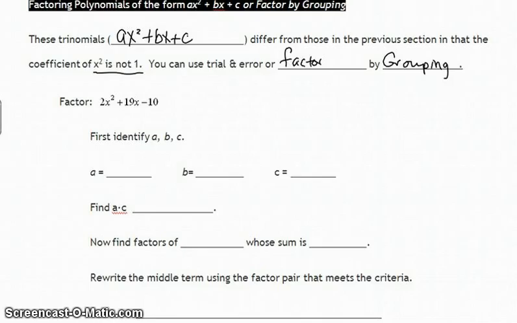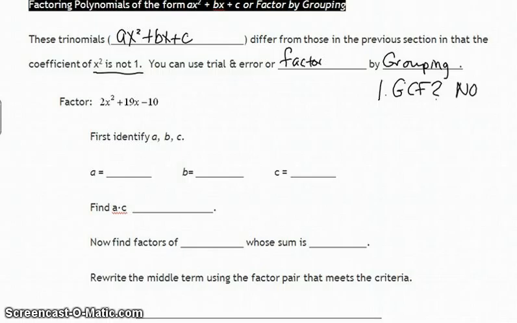We always start when we're factoring by asking ourselves some questions. So we're asked to factor 2x squared plus 19x minus 10. Our first question should always be: greatest common factor, do I have one? Looking at my terms, I've got two evens and one odd, so 2 is not going to divide 19. They all do not have that variable of x. So in this case,